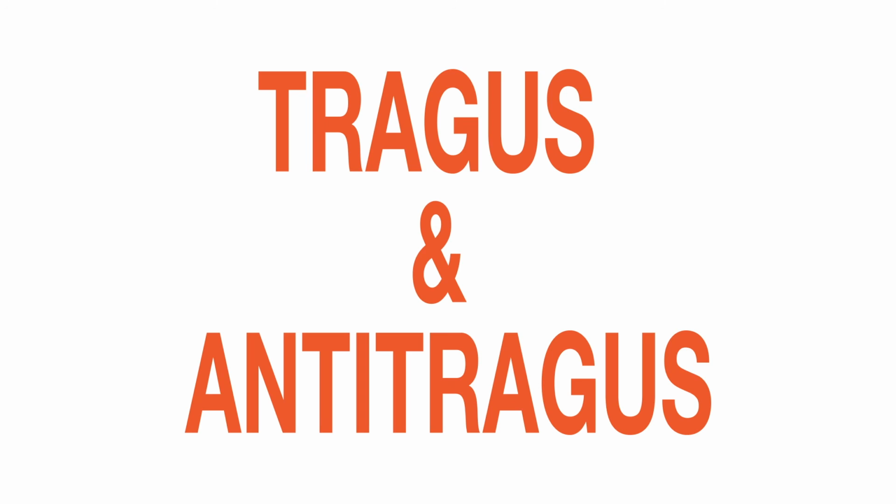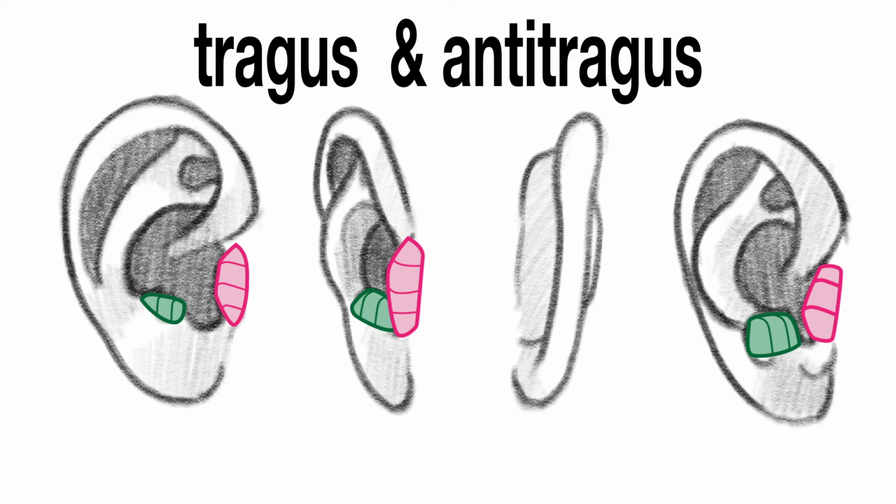The last two structures I want to mention play a smaller role in setting up the ear structure, but they are important. These are the tragus and antitragus. These are the two smaller forms near the ear canal. The tragus sits at the front of the ear, covering the ear canal just a bit. It can be a flat rectangular form or something with a more triangular shape. The antitragus is this little bump that sits on the other side of the concha just above the earlobe. This is a structure that varies widely in how prominent it shows up on the ear, but it is an important one to draw in that it helps us shape the ridge of the pocket of the ear.